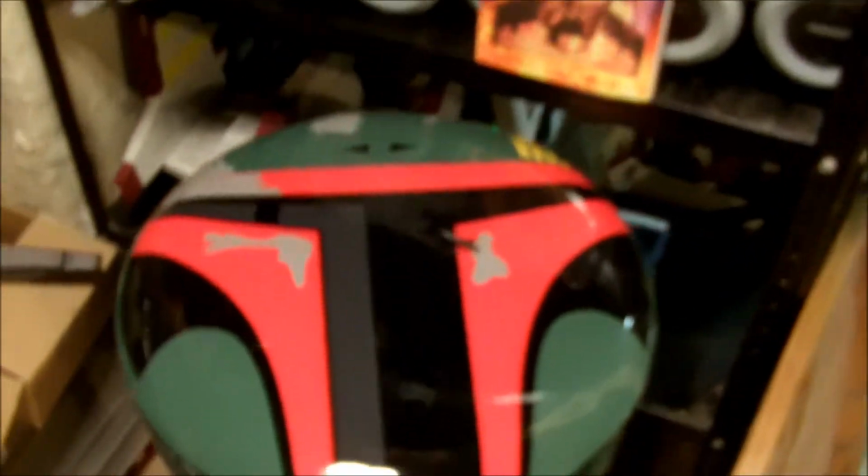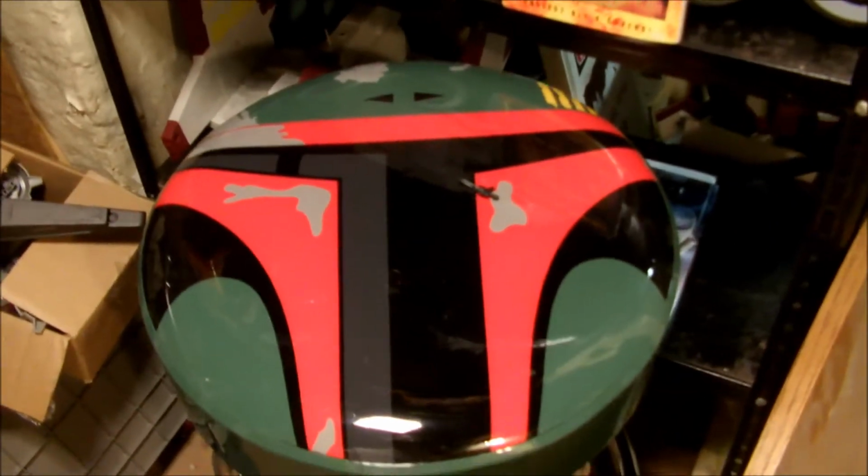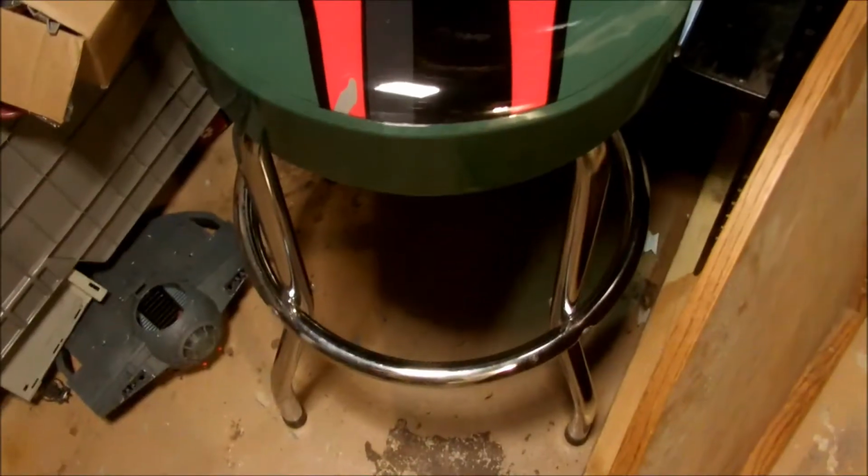This is my father's Christmas gift for my mother one day. Or, yes, obviously one day. One Christmas. Boba Fett barstool. So that looks nice down here. I'll come back around. This side of the shelf we got more junk and vehicles that I really have no